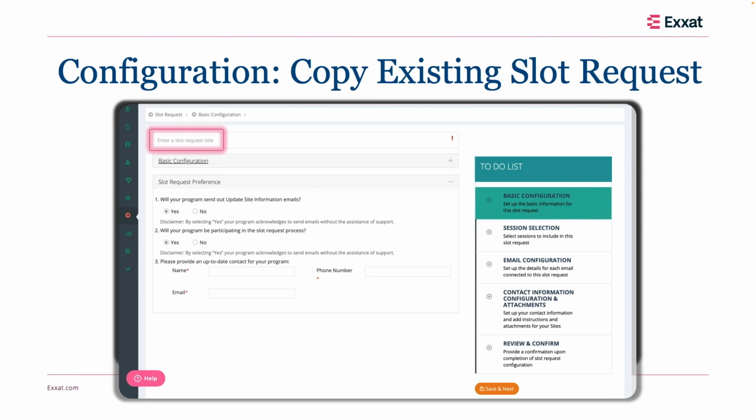Once you've provided the slot request title, there's going to be a section here, basic configuration. We're going to go over that in our next webinar, which is the slot request walkthrough. So we'll dive into fine detail of what exactly is in that section. But for the purpose of the update site information, all you have to worry about is this slot request preference section. And so this here asks you a couple of questions about your